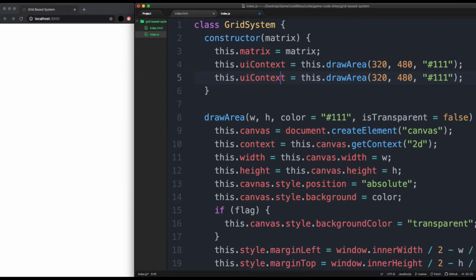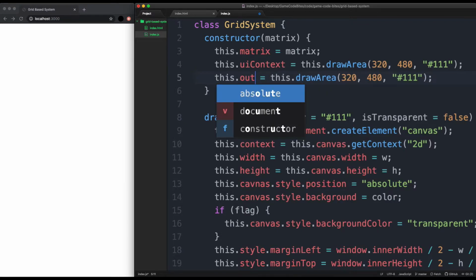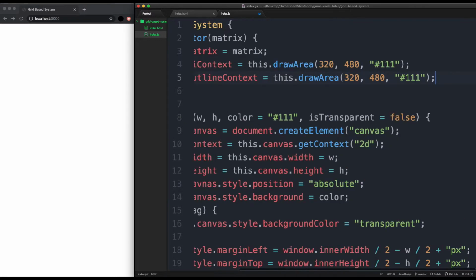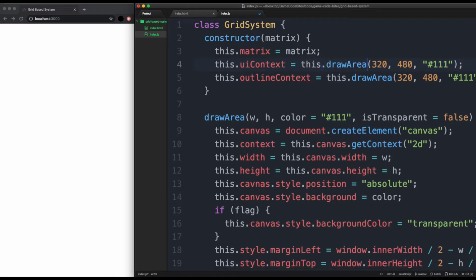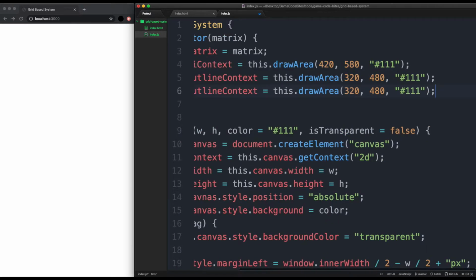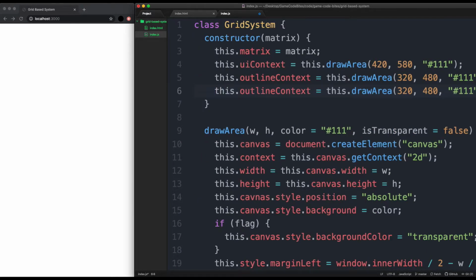I'll create another one, and this is the grid, the static grid, so I can just call it outline context. And you know what, since we use this 320 480, the draw area for the UI context should be a little bit bigger, so I'm going to add 100 pixels on the top, left, right, and bottom. And last one we need to do is the